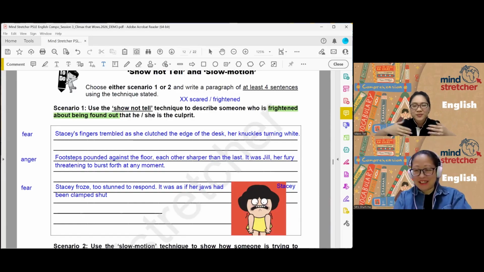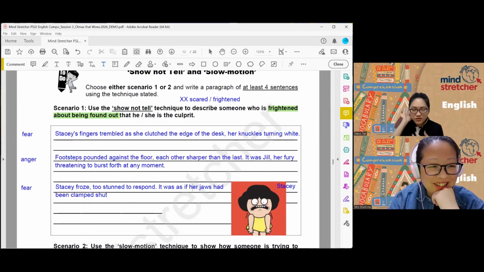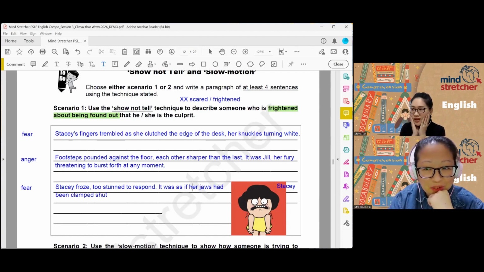What about your face, your facial muscles, or what about your throat? Is it dry? Can you speak? What about your heart? So you just do some body scan and then you pick three. Not your whole body, because that would be like 2 pages. So pick the three most intense to show. Like over here, froze. Her jaws are stuck, clamped shut. Whatever Jill asks, she won't be able to answer. And just now I mentioned the throat.